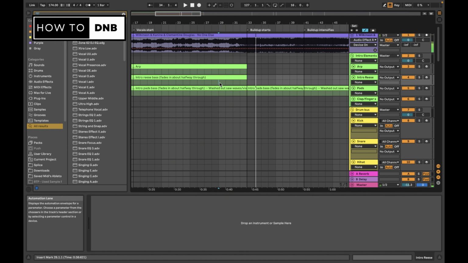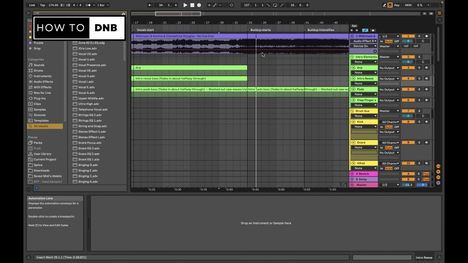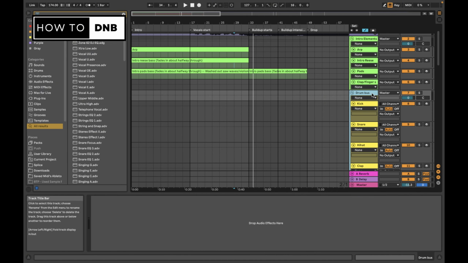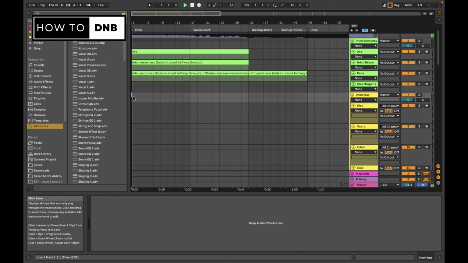All right. Now, of course, there's still some more things to talk about that are not intro elements, one of which is the drums. So we can hear that, let's see. This is probably not a kick, this is probably an explosion, but well, interestingly enough, there are actually no drums, well, except for that reverb clap. There's actually no drums in the intro.